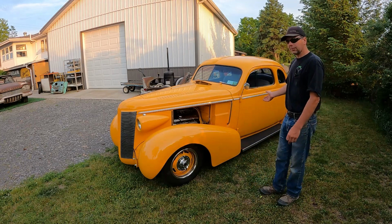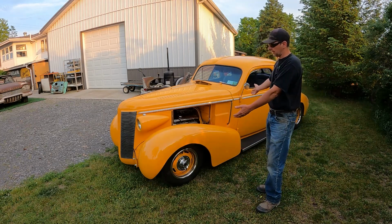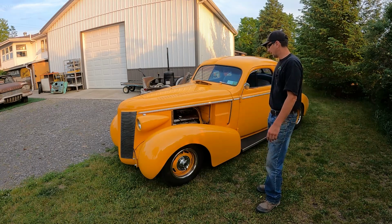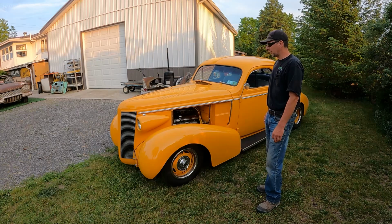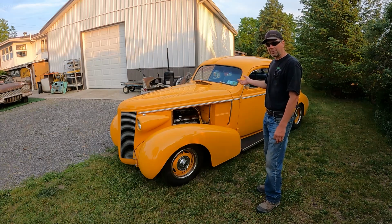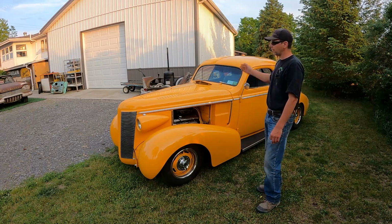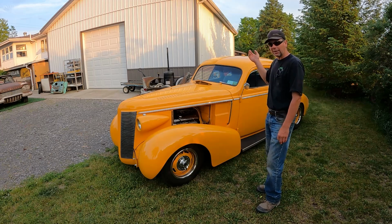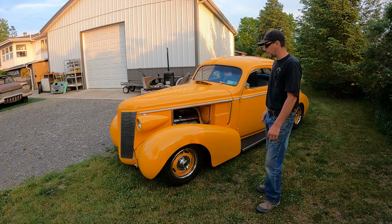and enjoy it more, because honestly, it is the nicest car I have that I use the least. And you know, I like driving junk that you can just get in and go. My Model A hot rod shop truck, I've already driven 400 miles since I got it out this year. Drive it to work every day. It's currently filthy, covered in dust and pollen, and guess what? I get in it and go, and I don't worry about it. This thing, I've already cleaned it 3 times, and I've driven it 25 miles, so